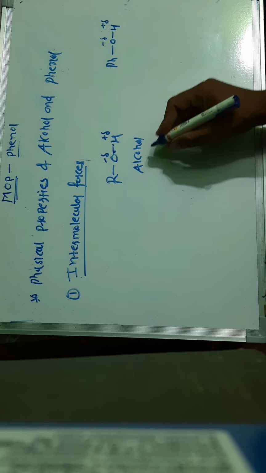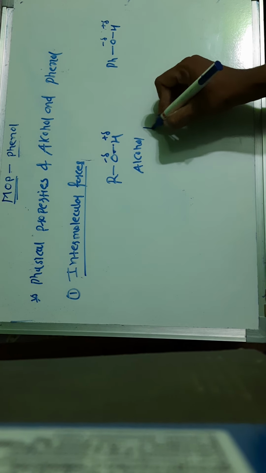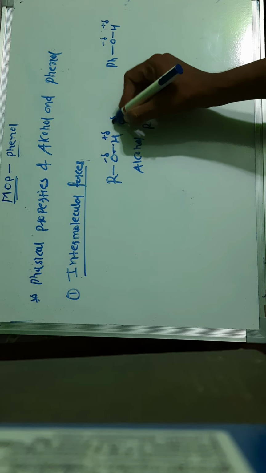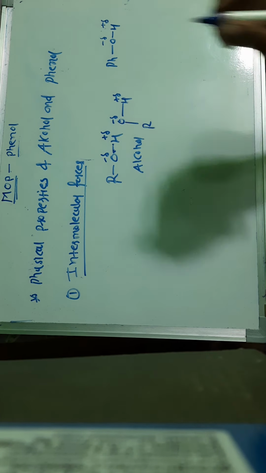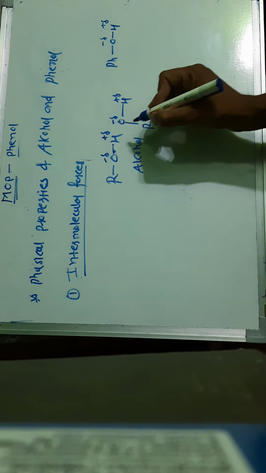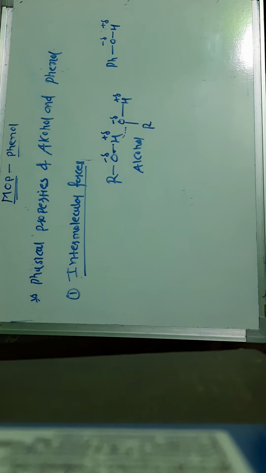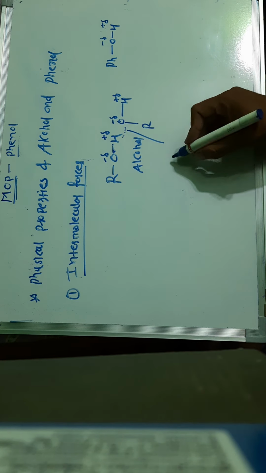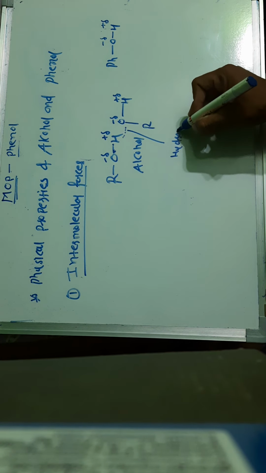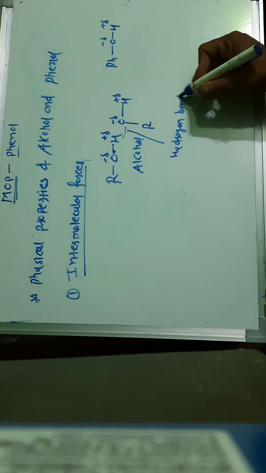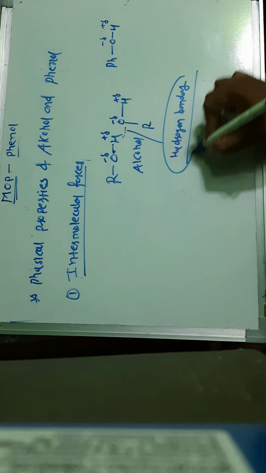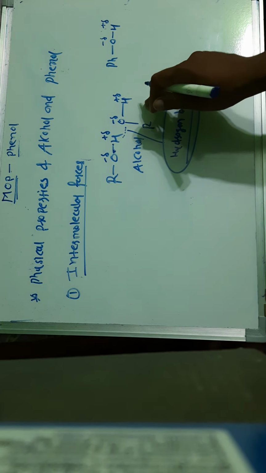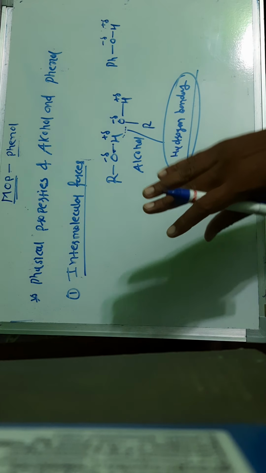If we write another molecule in front of this ROH, this oxygen also has a partially negative charge, and this hydrogen has a partially positive charge. That means there is a force of attraction between the oxygen and hydrogen. Ultimately, this bonding is called hydrogen bonding. Because of this hydrogen bonding, it has a strong intermolecular force of attraction as compared to the alkane or